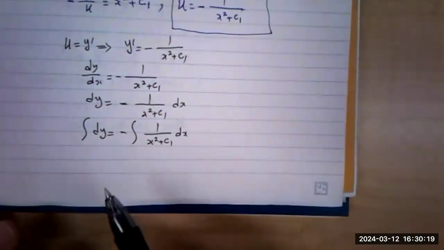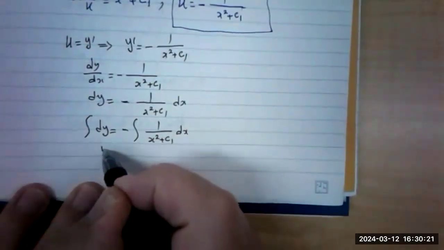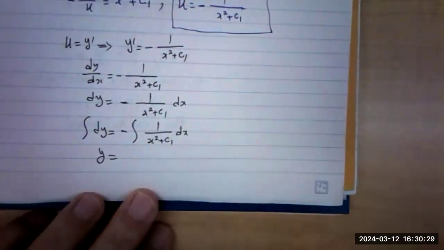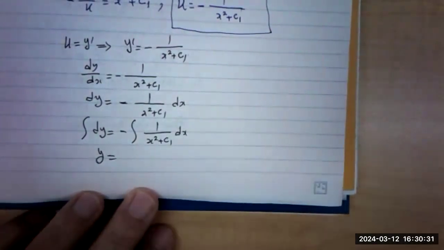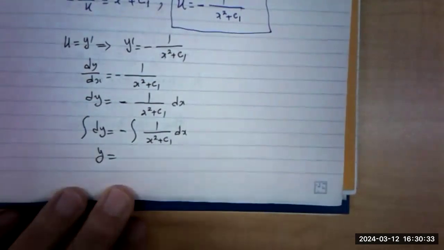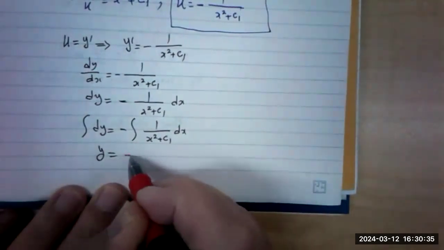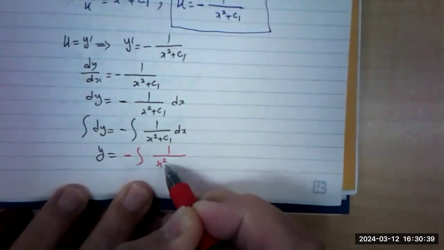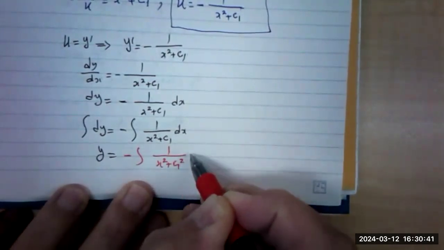Okay, this side is clear, it will be y. This is the integral of the other one, the arctan. It's going to be tan inverse. Okay, tan inverse, this is c1. You can call it c1 squared, it doesn't matter. Okay, so I'm going to rewrite it as, to avoid the radical, x squared plus c1 squared